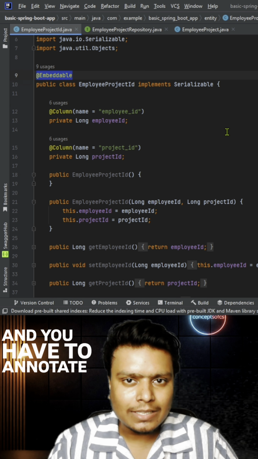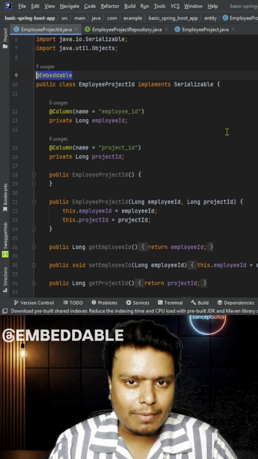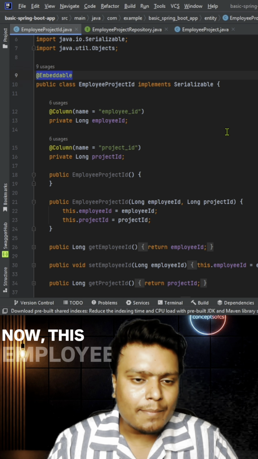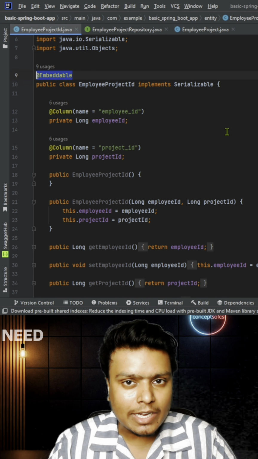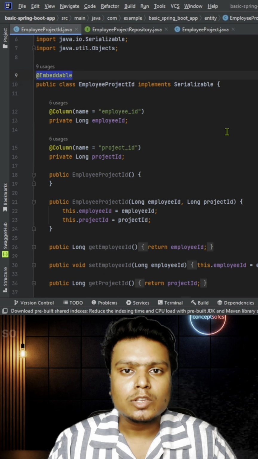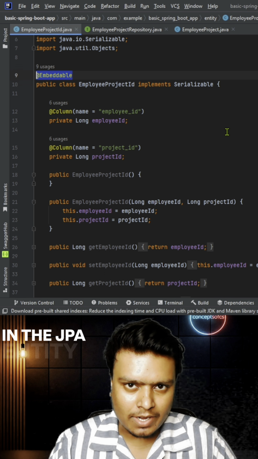And you have to annotate this particular class with @Embeddable annotation. Now, this employee project ID class will be behaving as a composite primary key which you need to inject in your JPA entity. So let's quickly see how we can inject it in the JPA entity and use it as